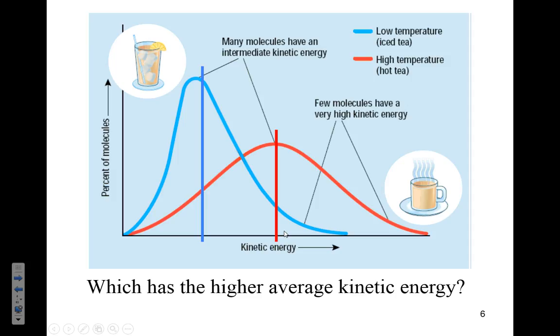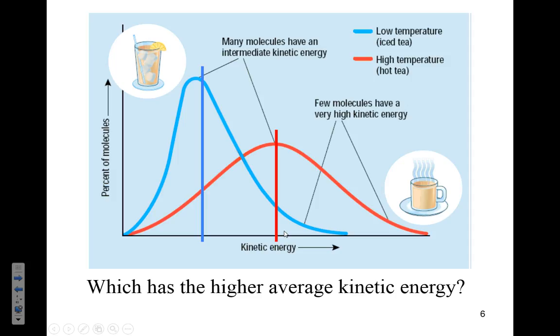That's because the y-axis isn't kinetic energy. It's on the x-axis. And here is where our averages are. So obviously in hot tea, you end up with a higher average kinetic energy. So the higher the temperature is, the more that hill gets spread out and pushed down and moved over to the right. The area under the curve in each case is actually the same. That would represent 100% of the particles. So that can't change. So as we add higher energy particles, the hill gets lower and lower and lower.